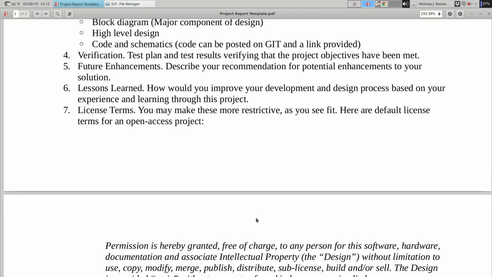If you don't want it published, you don't want anybody else to see it, just say, do not publish this, do not let anybody else see it, keep this private. It doesn't have to be legalese or anything like that. Just let us know so that when Izad and I are going through these and trying to figure out which ones we want to put up on the website, we see your license terms and say, okay, we're not going to publish that on the website because they don't want that. So that's the only thing you have to put there.